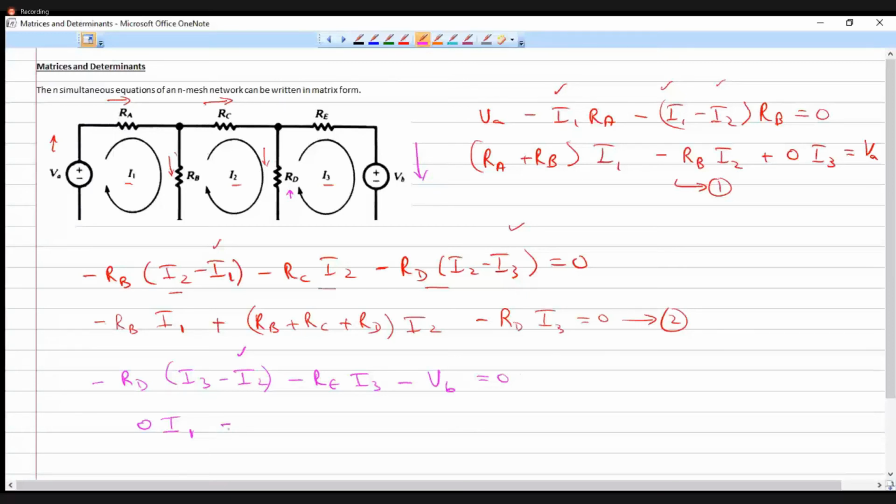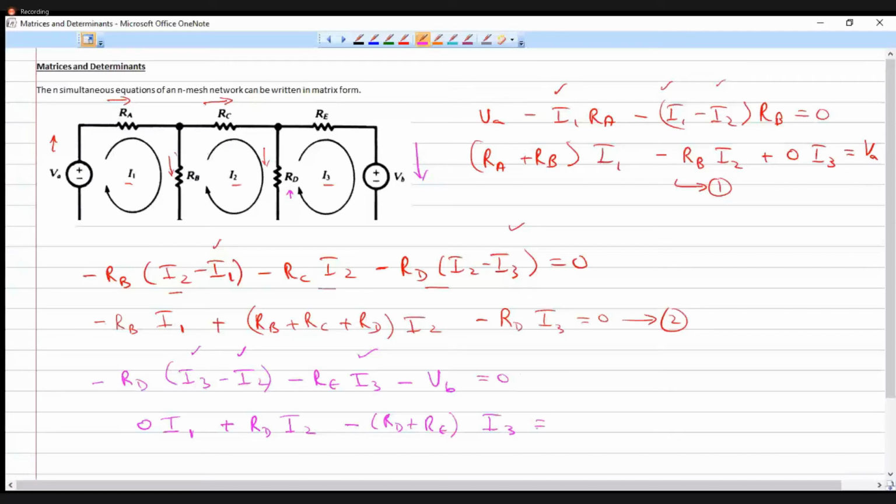So plus RD into I2. What about I3? RD and RE. So minus RD plus RE into I3, which is equal to